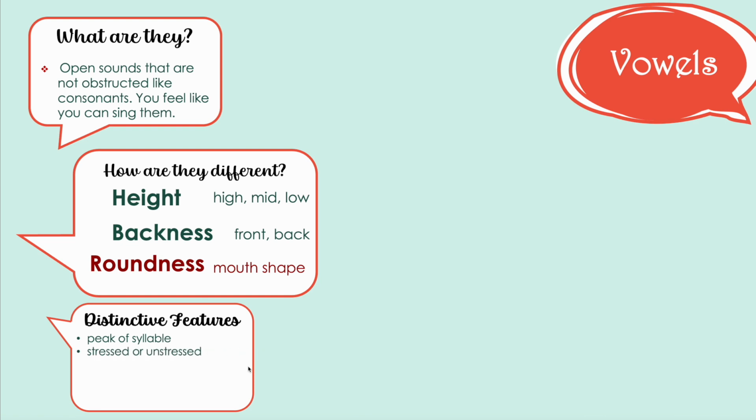Another important feature is that this vowel in the syllable can be stressed or unstressed. We'll talk a little bit more about stress and unstressing certain sounds in later chapters. But offhand, just for reference, stressed gets the power and the emphasis of the word, and so it tends to be a little bit higher in tone than the unstressed syllable. That one will be lower and kind of lazy. We don't put a lot of emphasis or power into that. You might hear a word like ago. Now, the stressed part of that word is go. The unstressed part is